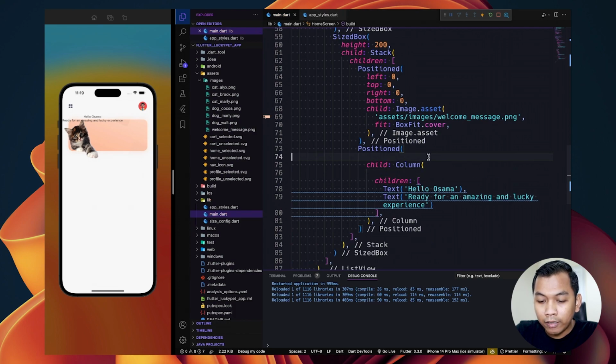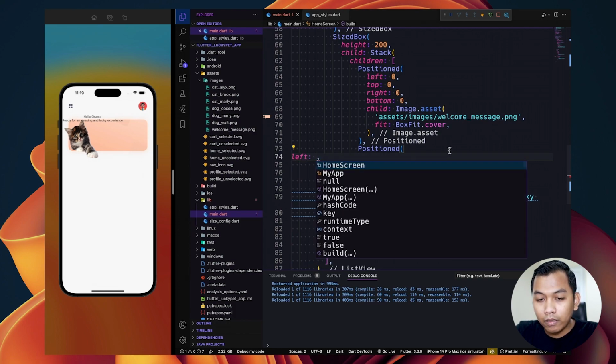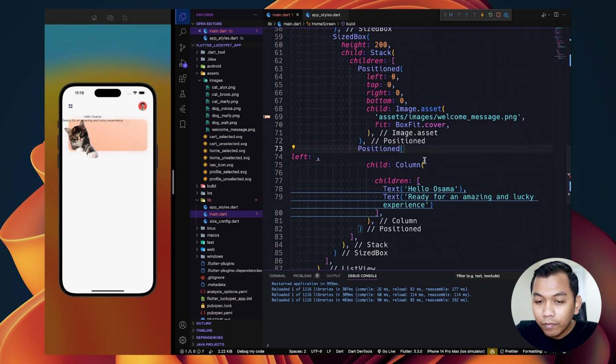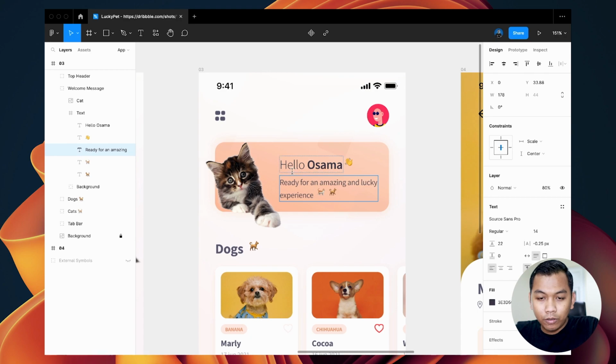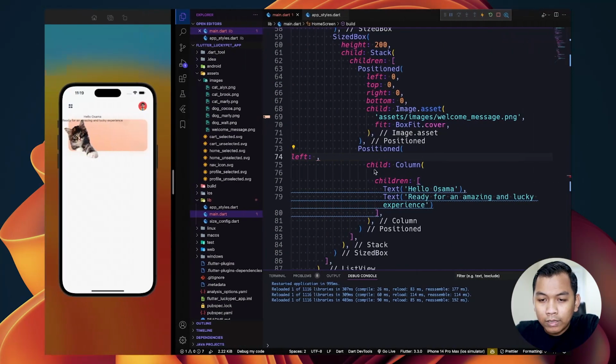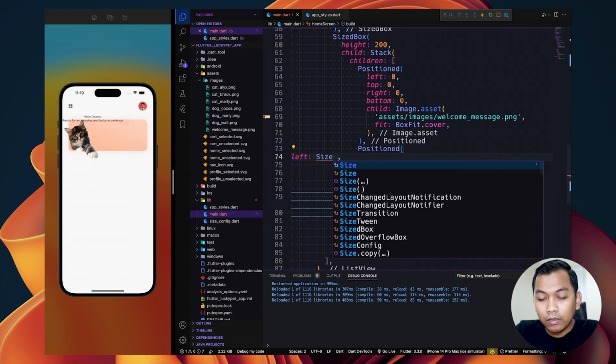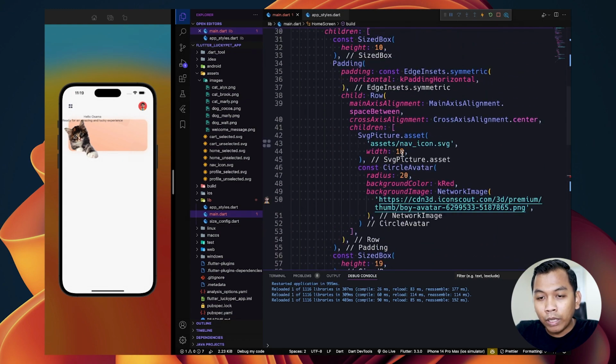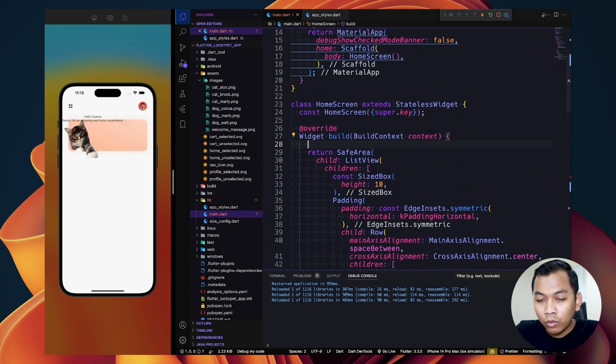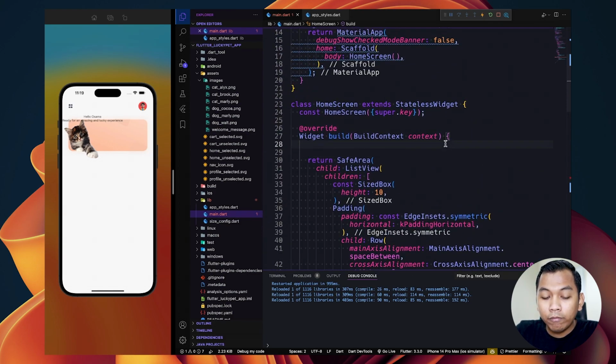So we can say left, not this, but here, left. The left must be around, we can simply call our size config, but before that we need to call our init function first.